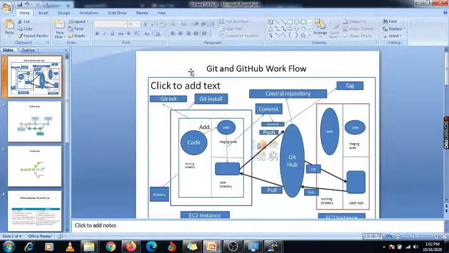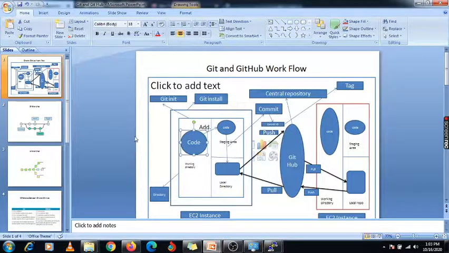rewind this picture. Actually, in this Git and GitHub workflow we have already discussed how Git is working, right? So how we can commit our code and how we can create one directory under this Linux machine, and how we can install it. So already this Git installation part we have done. This is my Linux machine which we have created in the lab, that is our Mumbai region, and the Ohio region we have created. So using the same diagram we will do our demonstration.